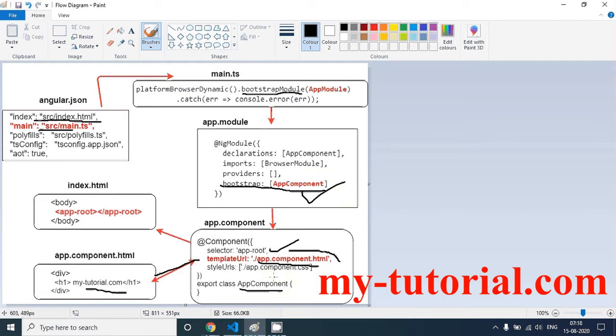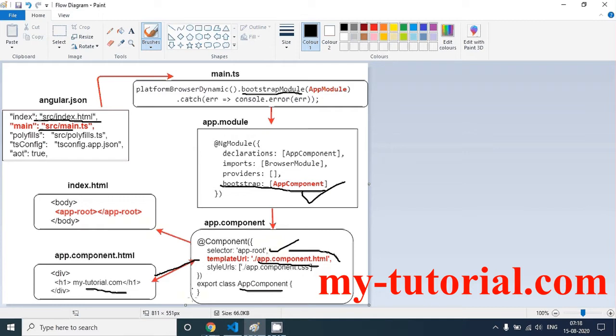In that component, it will look into what the template URL is. Whatever template URL is associated, that will be rendered here in the index.html. But for that, we need to give this name, app-root. If you see here, we are using this name.